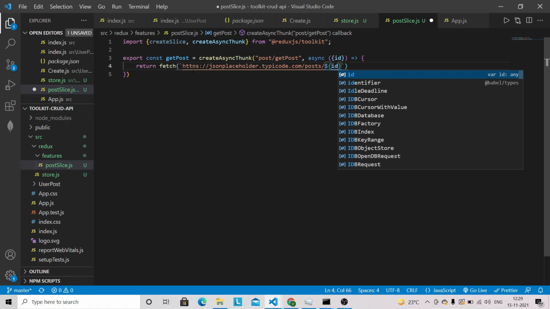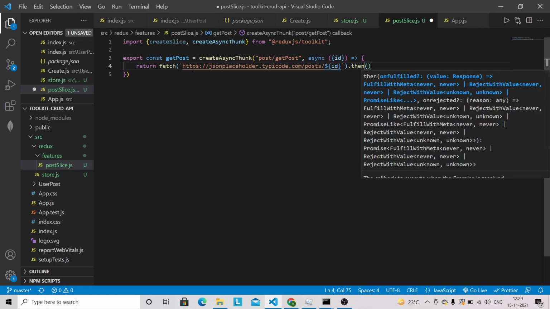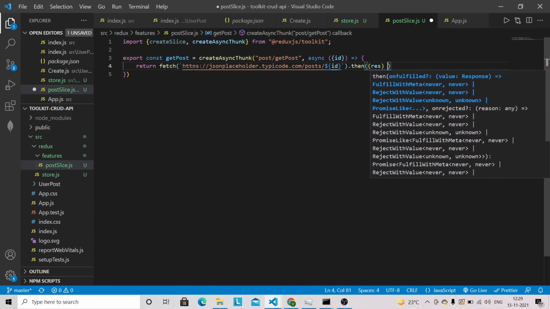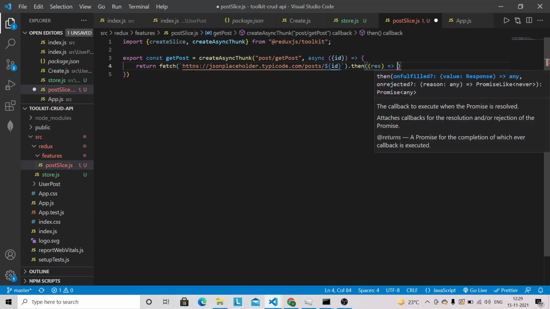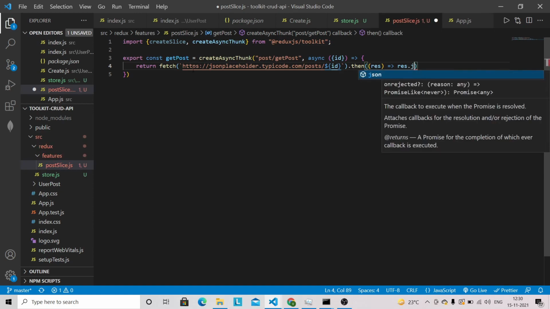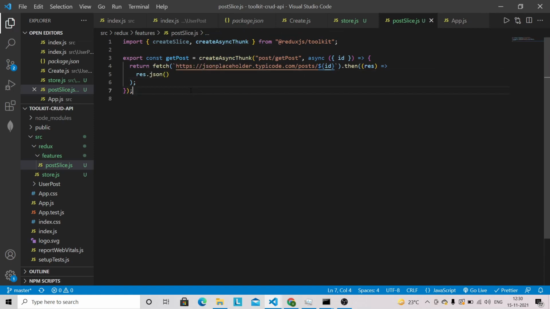After that we resolve this with then, and we will get the response. It will be in JSON, so we just do response.json. Let's format it here. So we are done with this logic for getting the post based on the ID.